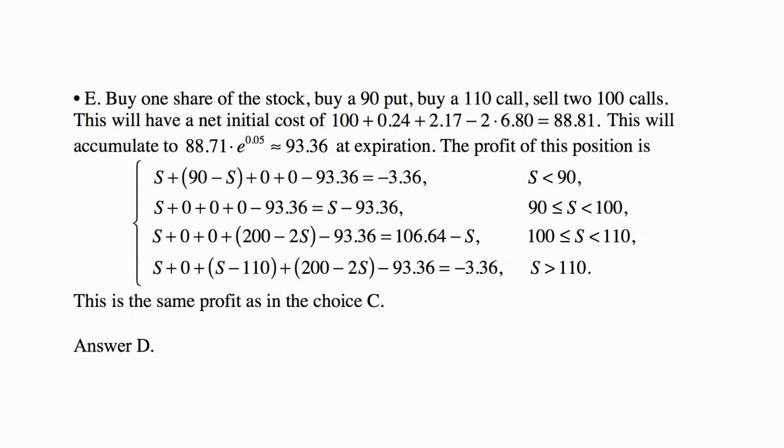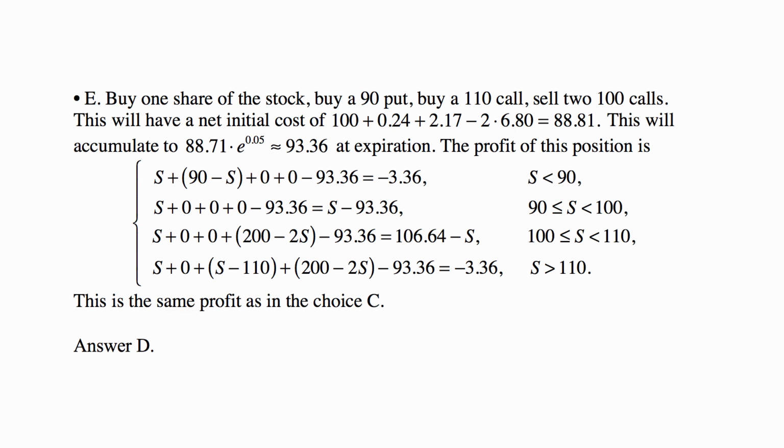Just to finalize the solution, we will look at answer E, where you buy 1 share of the stock, buy a 90 put, buy a 110 call, sell 2 100 calls. So net initial cost is 88.81. With interest, it's 93.36 at expiration. And the profit of the position, so notice that we have S, again, like in the previous one,